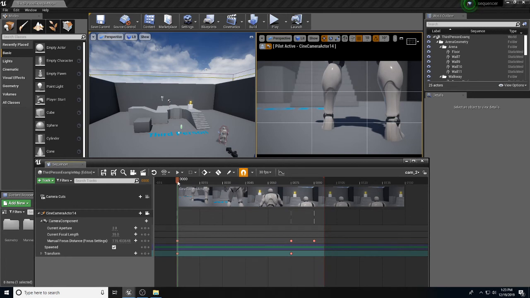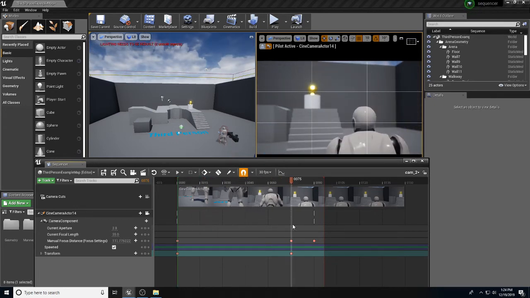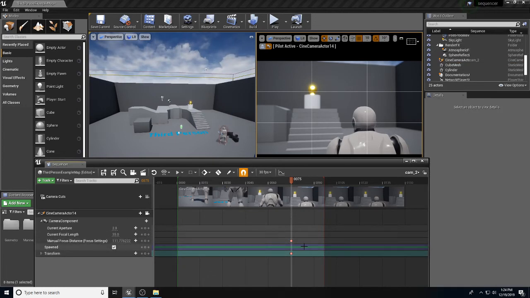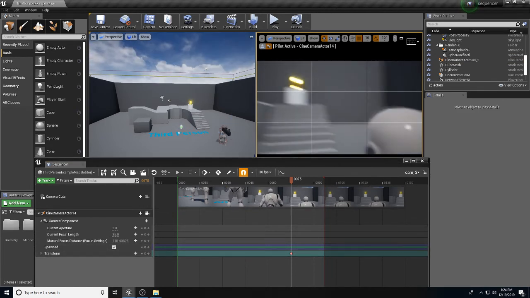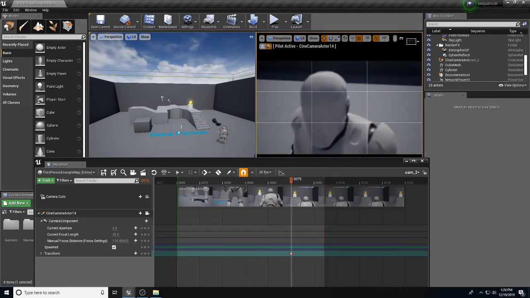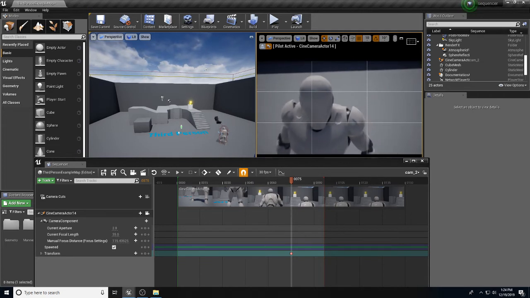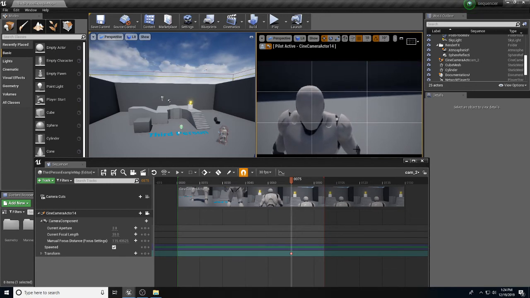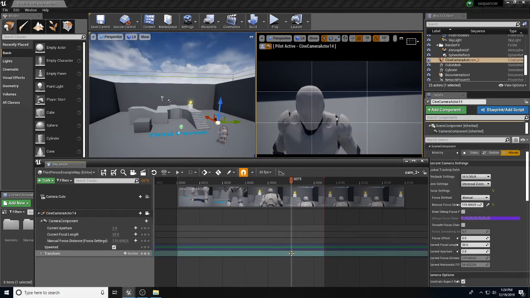Or active viewport. So basically what I'm going to do now is I'm going to give myself a separate camera move. So I'm going to move this camera roughly here. I'm going to delete, just drag select, delete the keyframes. But I want to kind of start here. I'm going to move forward, rotate around. So I'm roughly like this, like that. And I'm going to hit set keyframe, and then I'm going to drag that keyframe